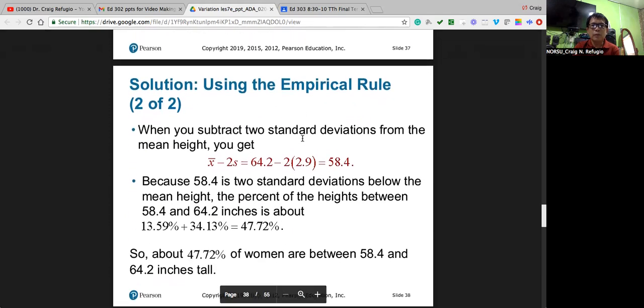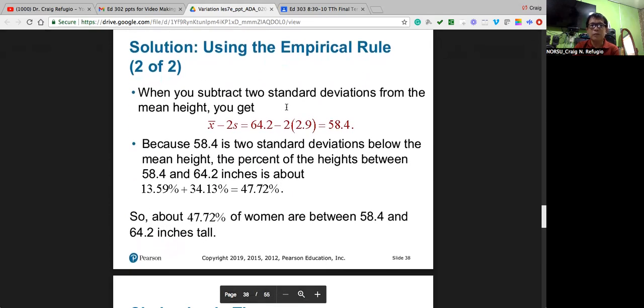So the solution: when you subtract two standard deviations from the mean height, you get x bar minus 2s. That is 64.2 minus 2 times 2.9, so we have 58.4. Because 58.4 is two standard deviations below the mean height, the percent of the heights between 58.4 and 64.2 inches is about